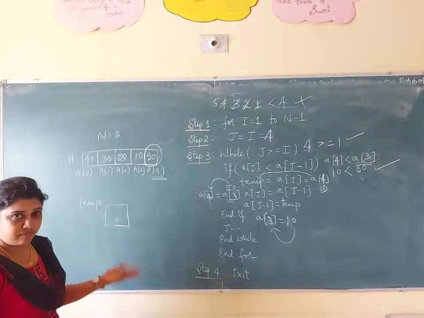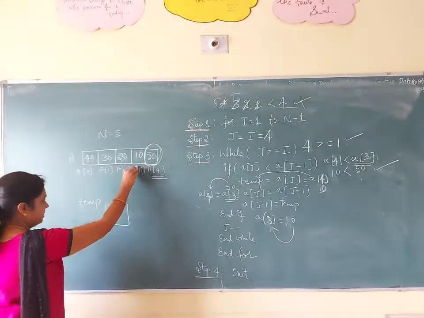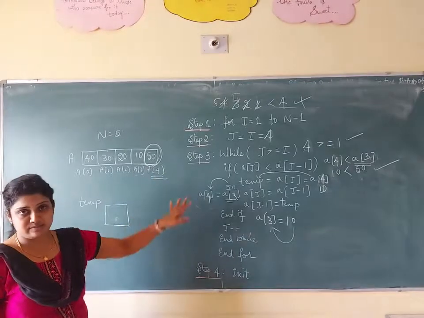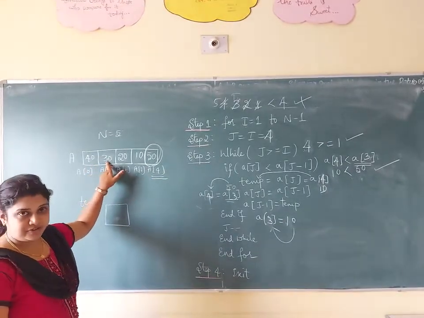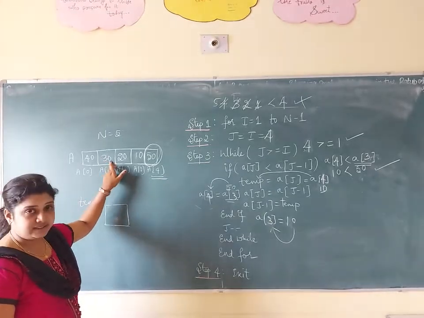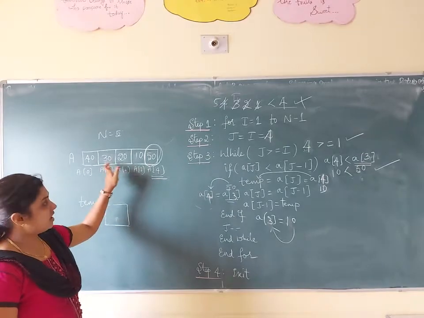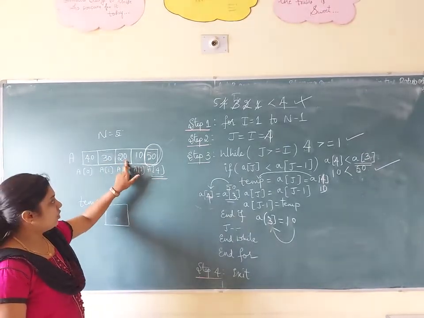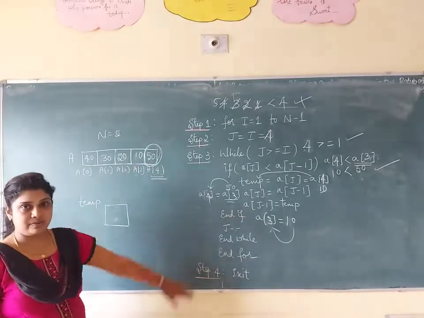So how many remaining elements do you have to sort? 40, 30, 20, 10. Again you have to follow the same steps. So again what will happen? 40 will be compared with what? 30. So the 40 will come here. 40 will be compared with 20, again it will be swapped here. 40 will be compared with 10, again it will be interchanged. So 40 and 50 will come again.